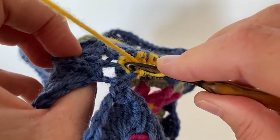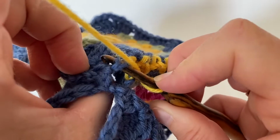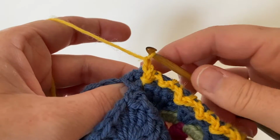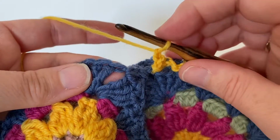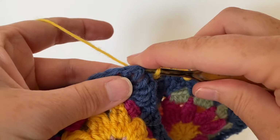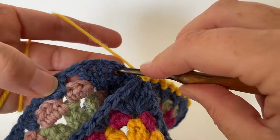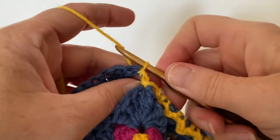Okay, it's not as easy to see when you've got this join, this horizontal join going across, but there you can see is that corner chain space. And then when you've located that, insert your hook and work the slip stitch, and then 1 chain. And just like before, we're not adding in any stitches, we're not adding in any chains, but go straight across, just go across that join into the corner chain space of the next square we're going to join, the front square, work your slip stitch, make 1 chain, and then into the corresponding corner chain space of the rear square to be joined. Work your slip stitch, then make 1 chain,